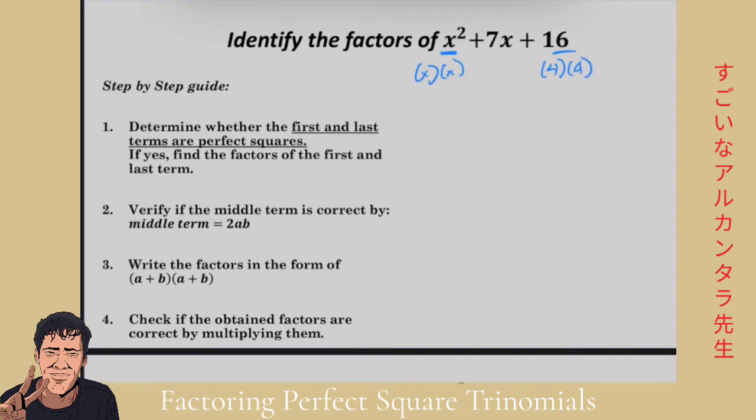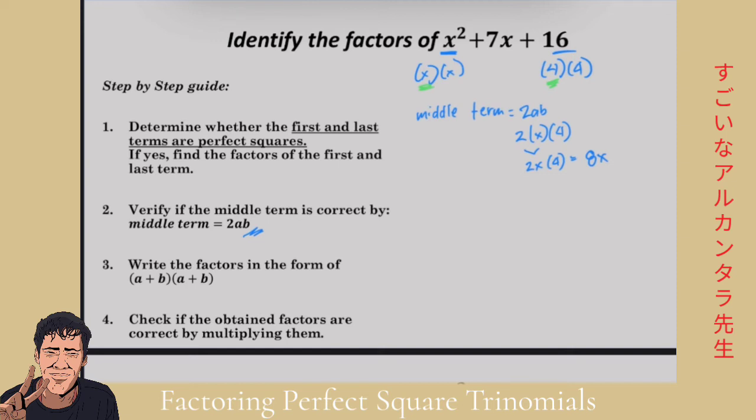But before we go to the third step, it's important to verify the middle term. So if we do that, middle term is equal to 2ab. So let's just get one of the factors each, x and 4, for this formula right here. So 2 times x times 4. 2 times x is 2x times 4. That will give us